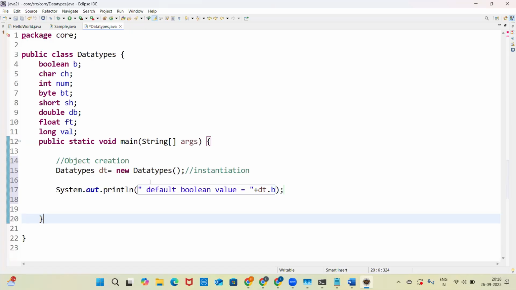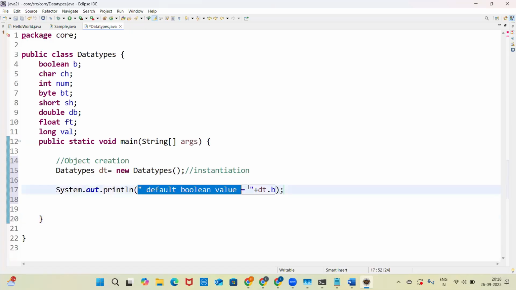Okay, so we are writing in double quotes just to print for our understanding, and plus the object